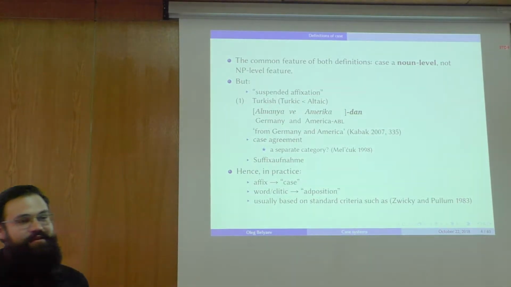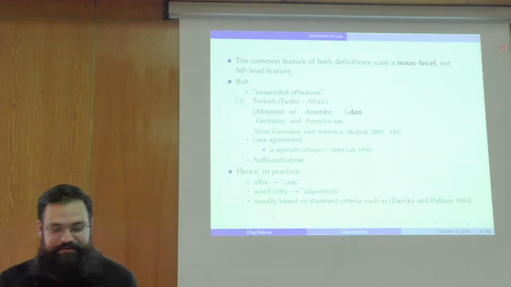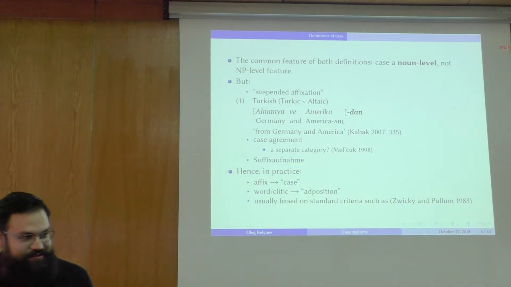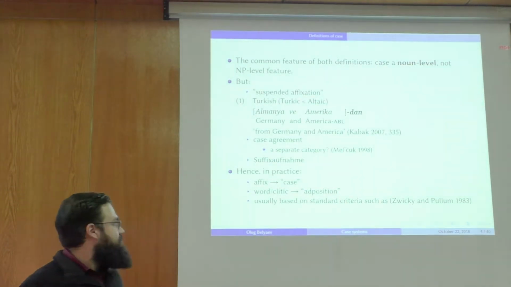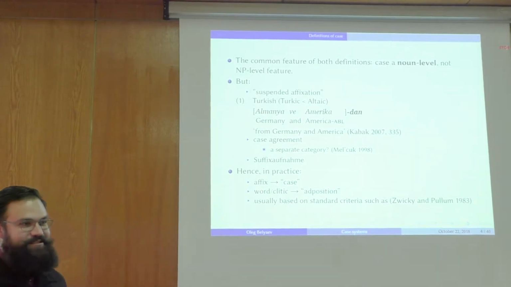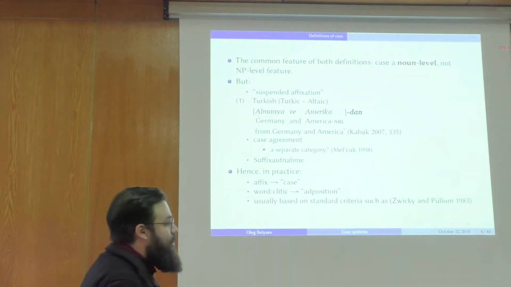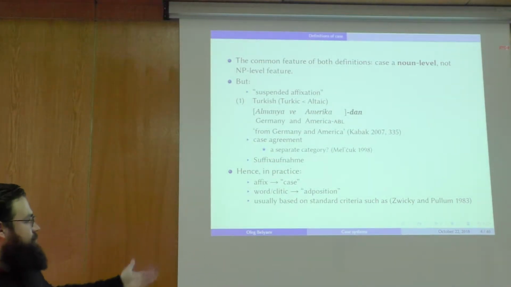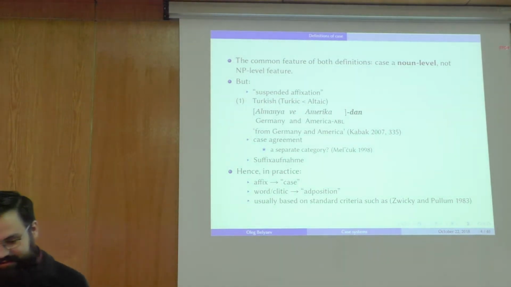So in practice, when people start to study case, want to determine whether a given class of markers in a given language should be called case or something else, they mostly just assume that case is a morphological category, and if we cannot prove that it is an affix, we can call it an adposition. So in most cases, if we look at descriptive grammars and then various discussions of, for example, how many cases there are in language X, or let's prove that there is another new case, we want to test, usually what people do, they test criteria like Zwicky and Pullum. They just test separability,